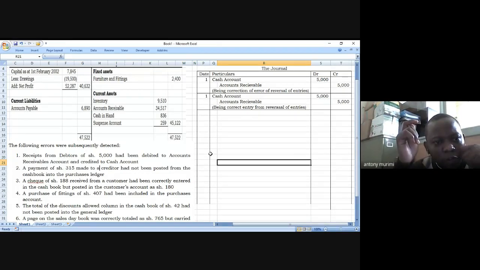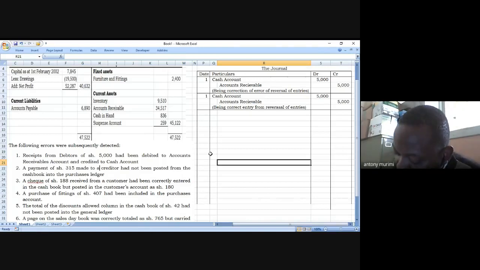But the correct entry here, a payment of 315, should have been credit cash, debit creditors. So you are not told anything about the creditor's account, so you assume the creditor's account is okay. The only problem is in